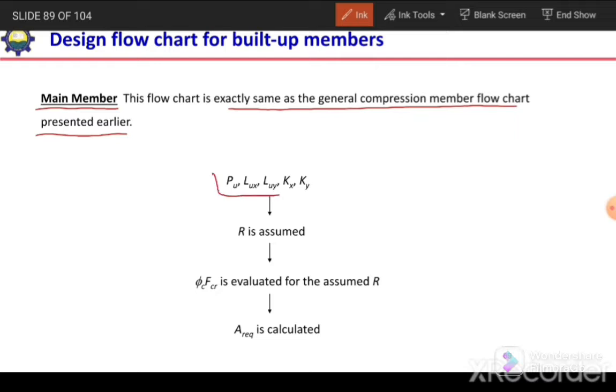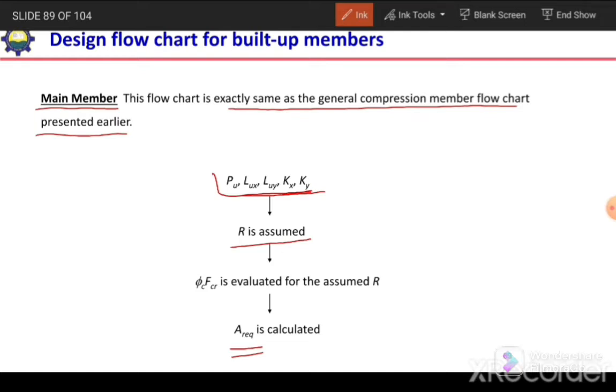So first we need this information. The applied load, we need the factored applied loads, we need the unsupported length in X and Y directions, and we need the effective length factors Kx and Ky. Then we need to assume the slenderness ratio to initially calculate the required area, because at that stage we don't have the section properties or